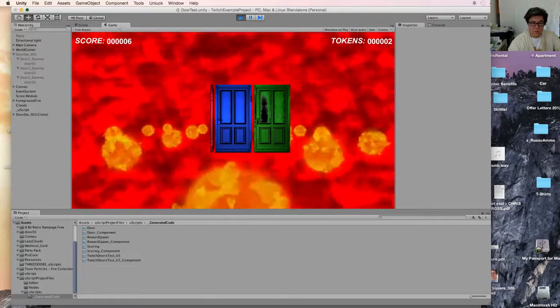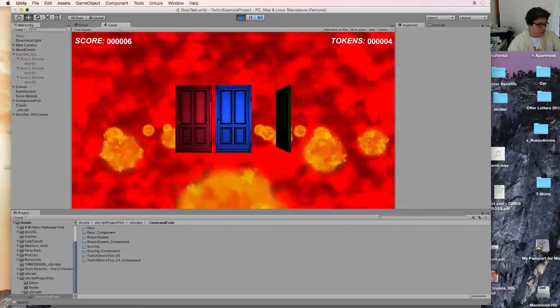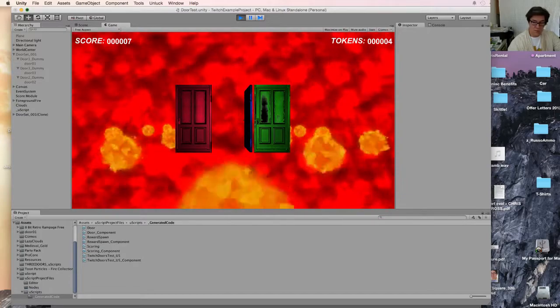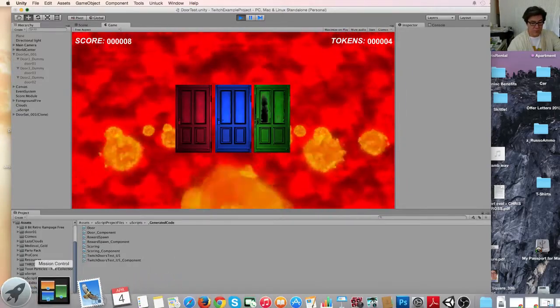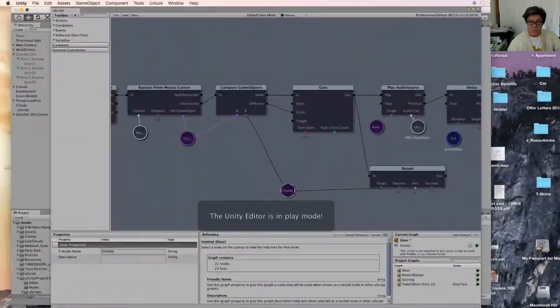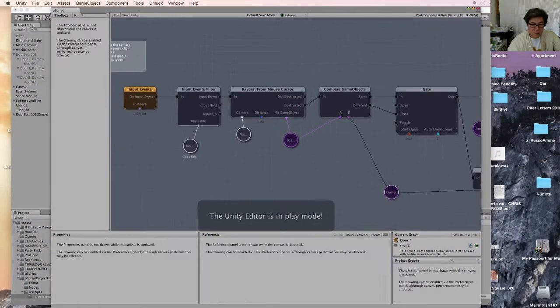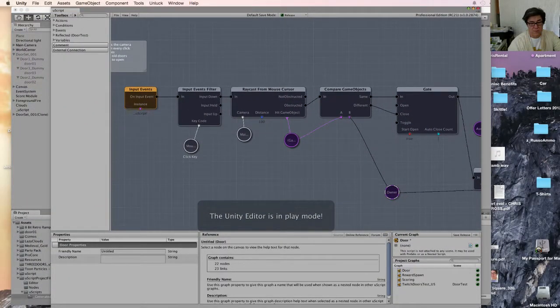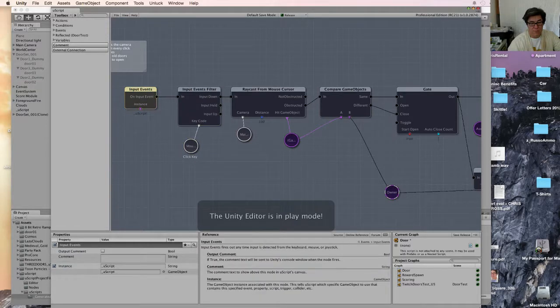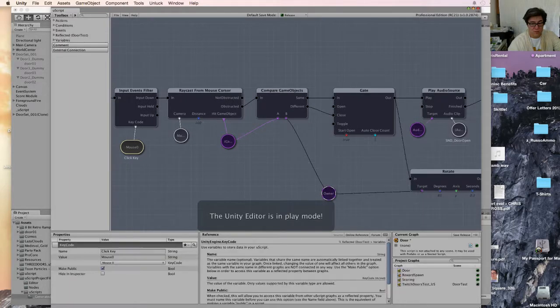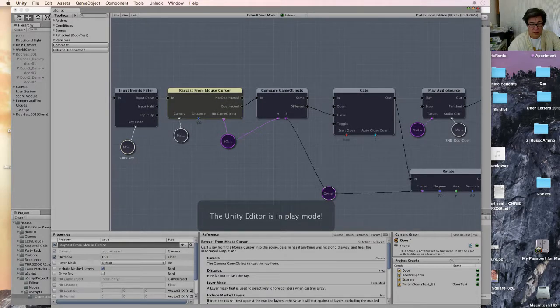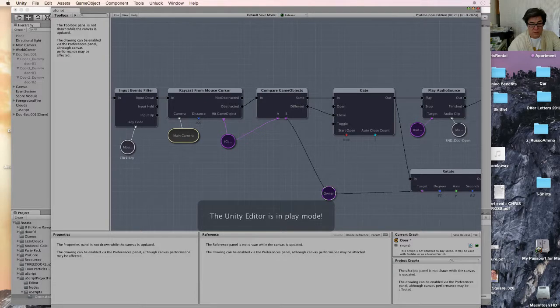That fixes our door. And I did it using the gate node. Alright, so let's recap real quick because I know that my stream has been kind of spotty for a second. Every time I click the mouse, every time there's an input event, is it mouse 0? If it's mouse 0, which is mouse left click, and the input is down, Raycast from the mouse cursor,